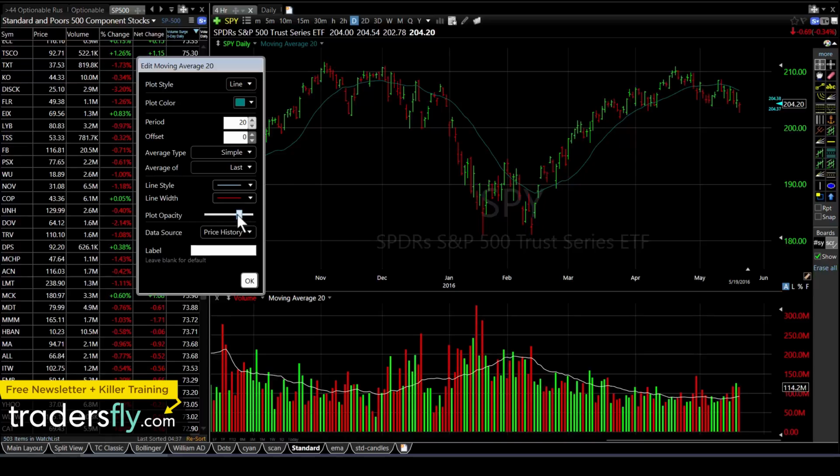Okay. Now, if you get rid of that indicator, I bet you could kind of guess where that average or moving average is going to go. So if you learn to read the prices, you can still do this in your head. You don't need this indicator. You don't need to clutter your screen. But if you put it there, it gives you a more precise average.